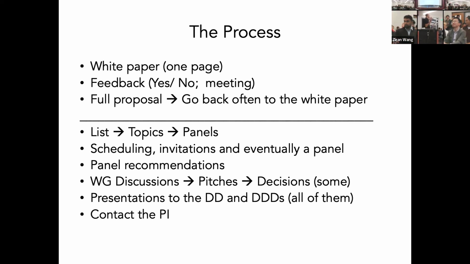But if the scores are bad, it's going to be very difficult for the program directors to support that because there is a scrutiny above us, right? There's a deputy division director and a division director. And they look at the scores, and if the scores are low, there's going to be questions about why we want to push that proposal forward. It's going to be very difficult. So when you serve as a panelist, take that into